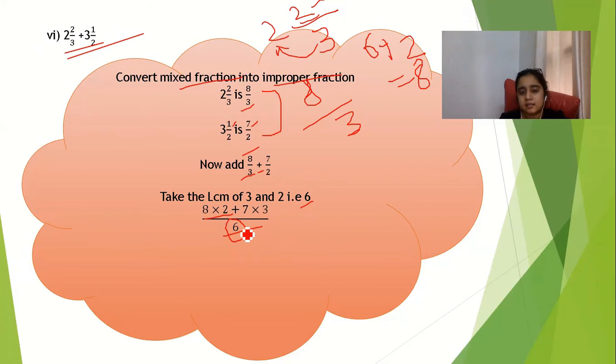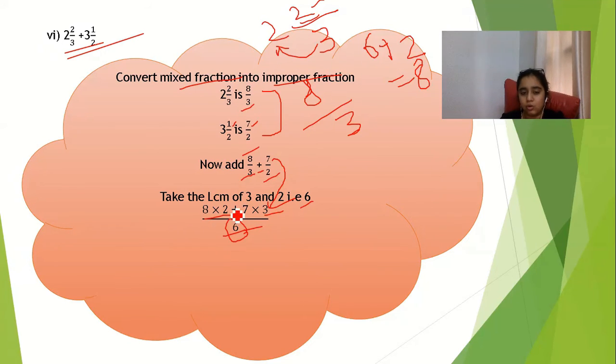And in the same way I will divide this 6 by 2, I will get the answer 3, and this 3 should be multiplied by this 7. And now I will apply the BODMAS rule here. I will multiply the numbers, and whatever answer I get, I will add those numbers.